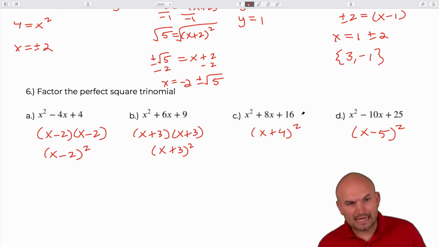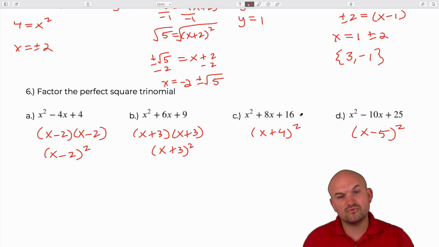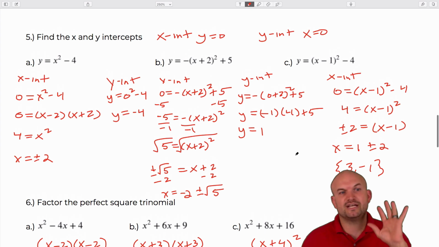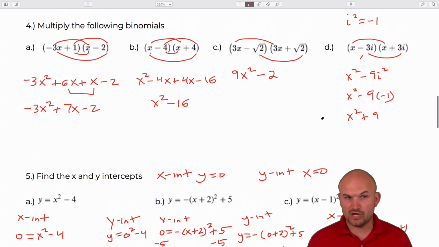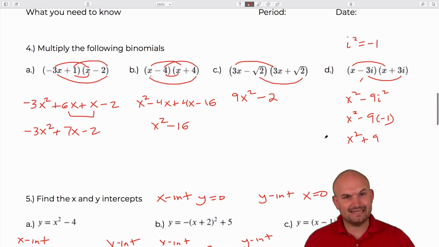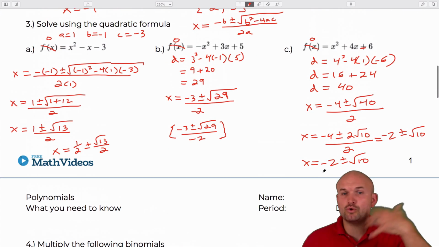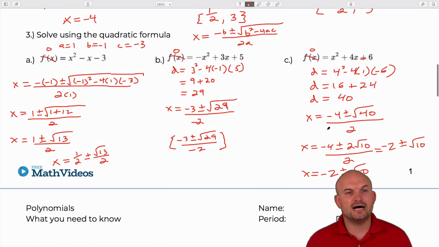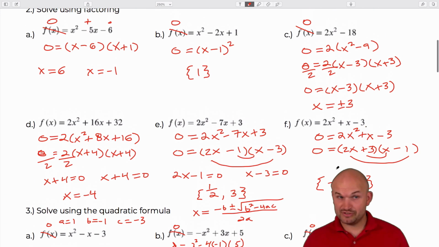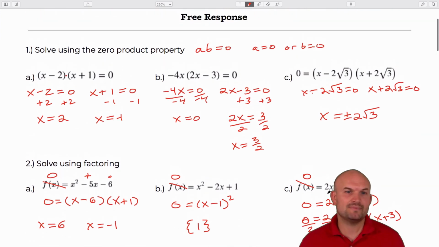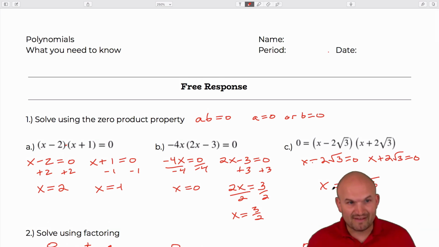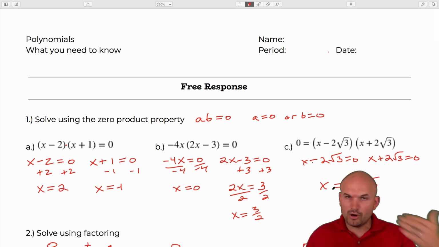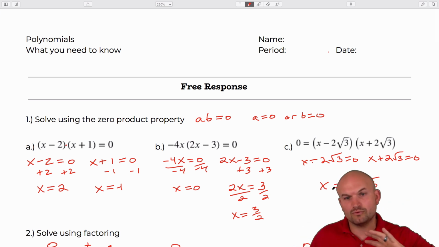So there you go, ladies and gentlemen. Just to kind of recap, we covered factoring perfect square trinomials. We covered how to identify the x and the y intercepts, as well as using inverse operations to solve. We covered multiplying or expanding binomials, how to use the quadratic formula to find the solutions to a quadratic, how to use factoring to find the solutions of a quadratic, and last but not least, how to apply the zero product property. So again, this is not an exhaustive list of everything you need to know for polynomials, but I do feel that if you have a good foundation for what we did with this worksheet,